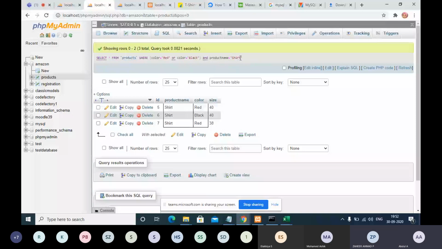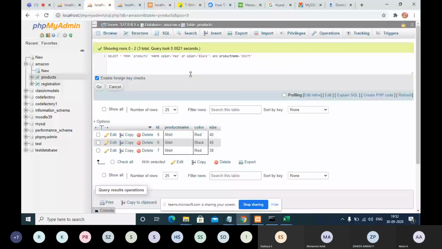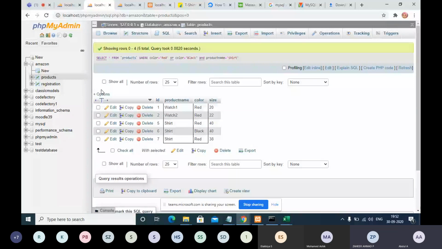Can we do it without the open and close bracket also? No, we should not do that. Why? For example, if you are doing like this, how many records are coming? 3.